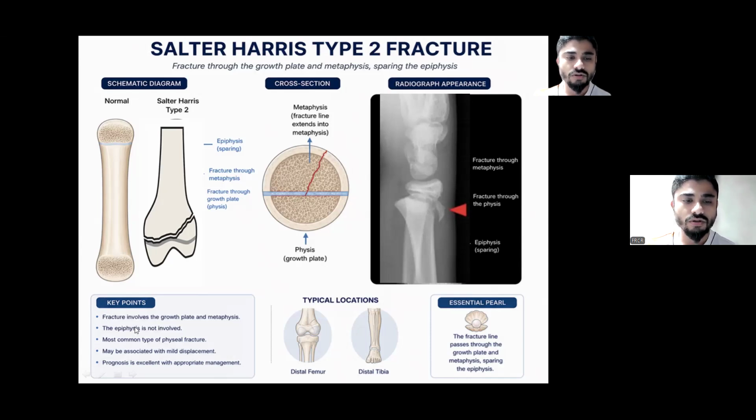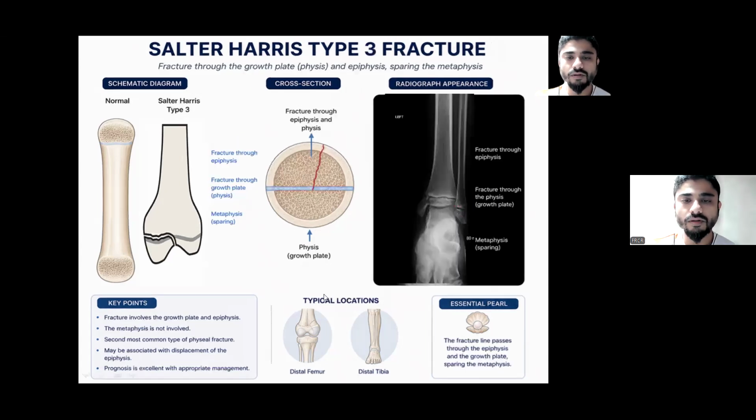Okay, so in this Salter-Harris type 2 fracture, epiphysis is usually spared. And you should remember Salter-Harris type 2 fracture is the most common type of Salter-Harris fracture. Okay, it can be associated with mild displacement. Prognosis is excellent. Commonly seen at the distal end of femur, distal end of tibia, radius, ulna. Now coming to